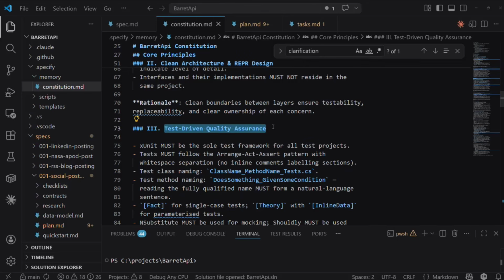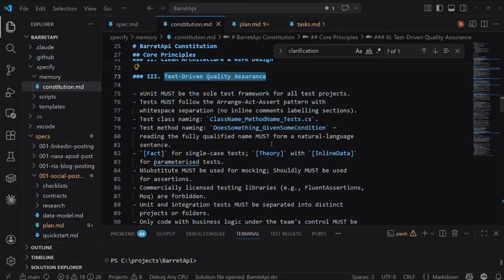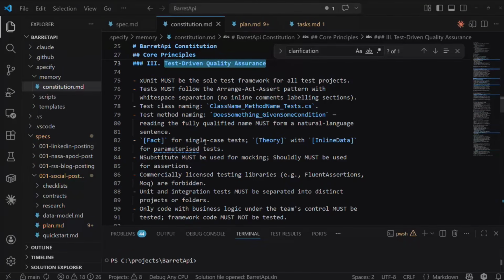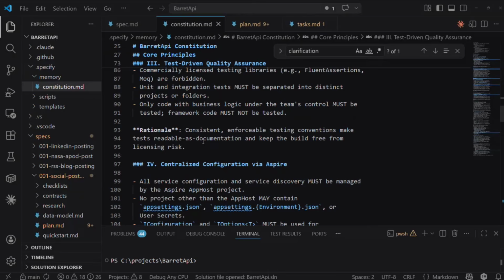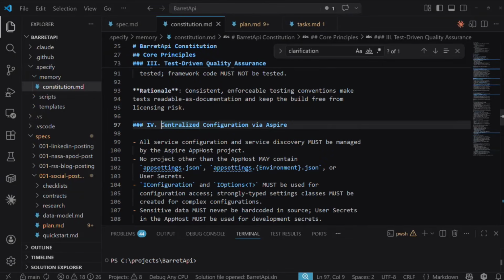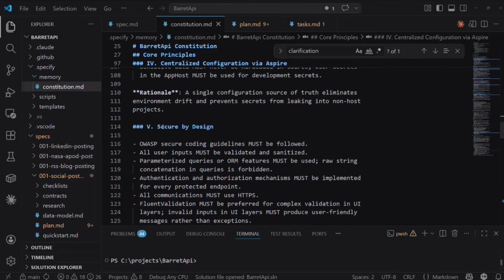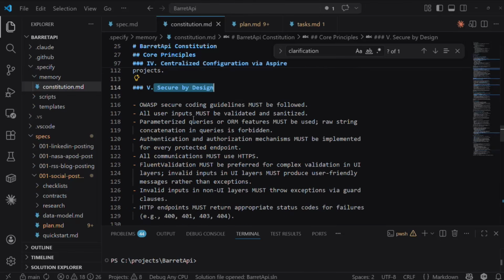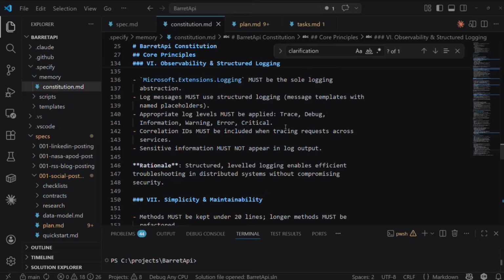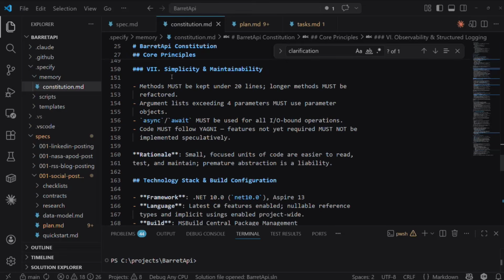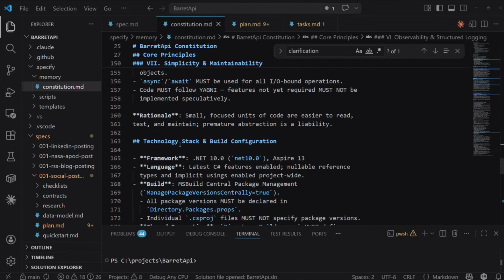This project should be test driven as far as QA, so it should write the tests first, basically test-driven development. I want to do everything with Aspire, so it's an Aspire project. I want the project to be secure by design, so OWASP secure coding guidelines should be followed, things like that. There's also more information about observability and logging, and it should be simple and maintainable as much as possible.